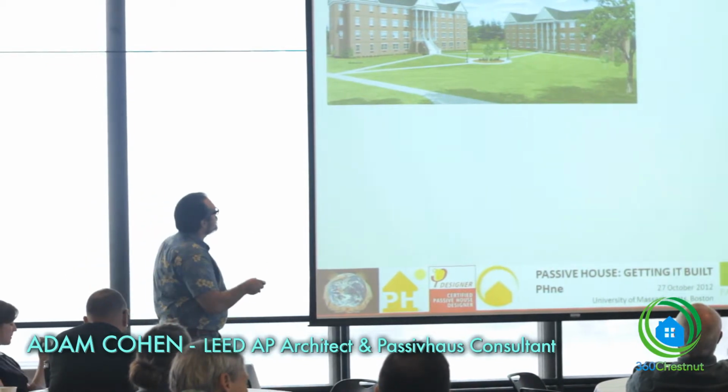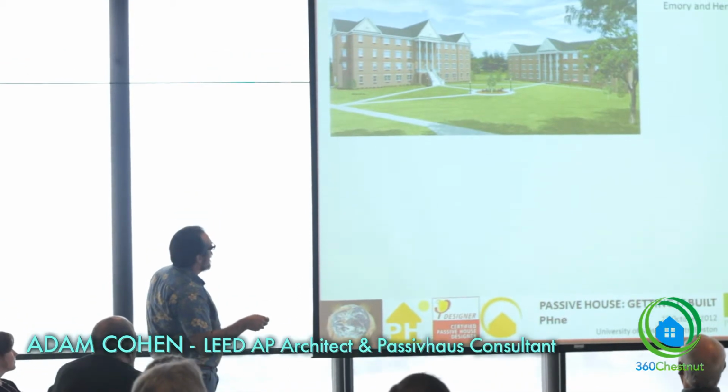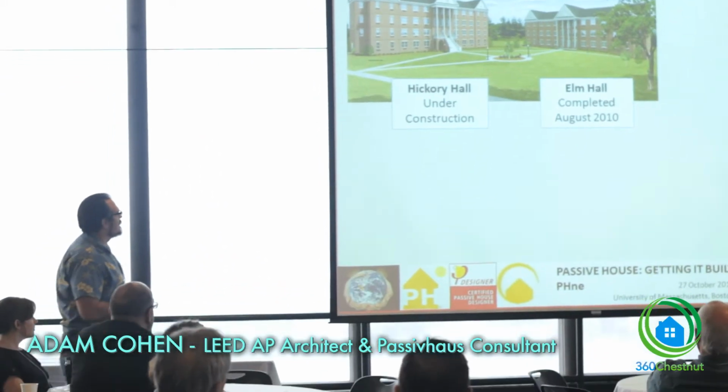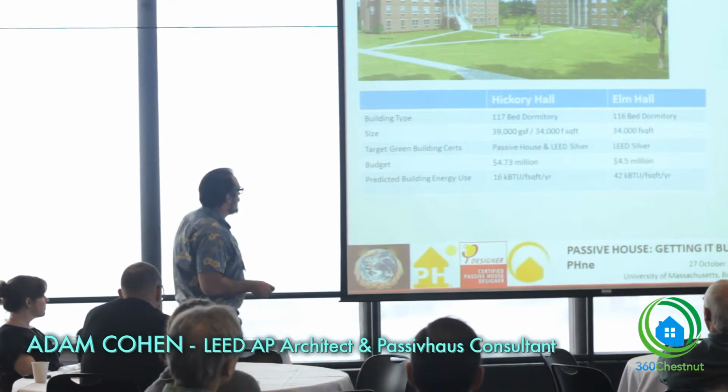So here is Elm Hall. This is Hickory Hall. This is the one that was built in 2010 as a 4-story modular. It walks out on the backside. And this is Hickory Hall, that's built as passive house. So that was completed then. This one's under construction. We should be done in another few months. Just as a comparison,